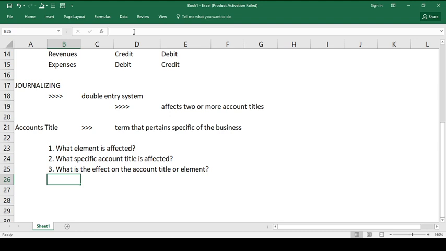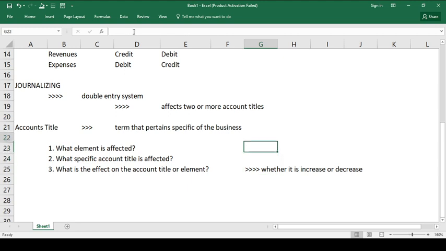Nadagdagan po ba yung account title, or nabawasan po ba? Kasi once you have determined whether it is increase or decrease,